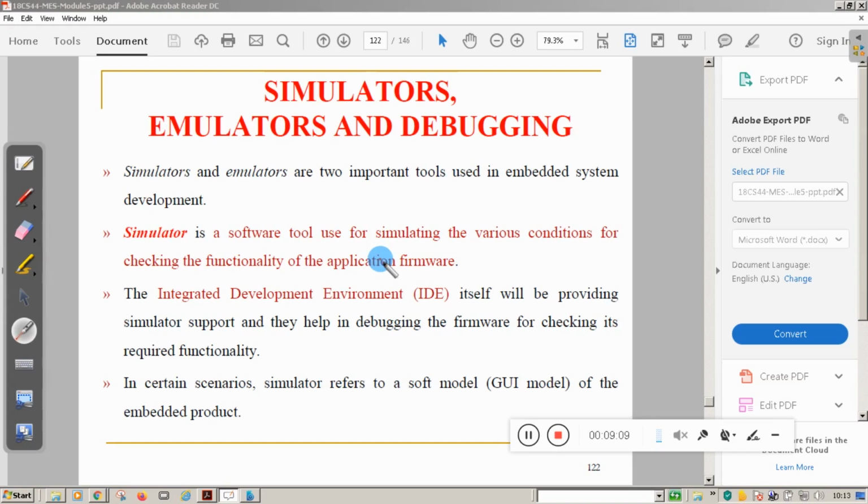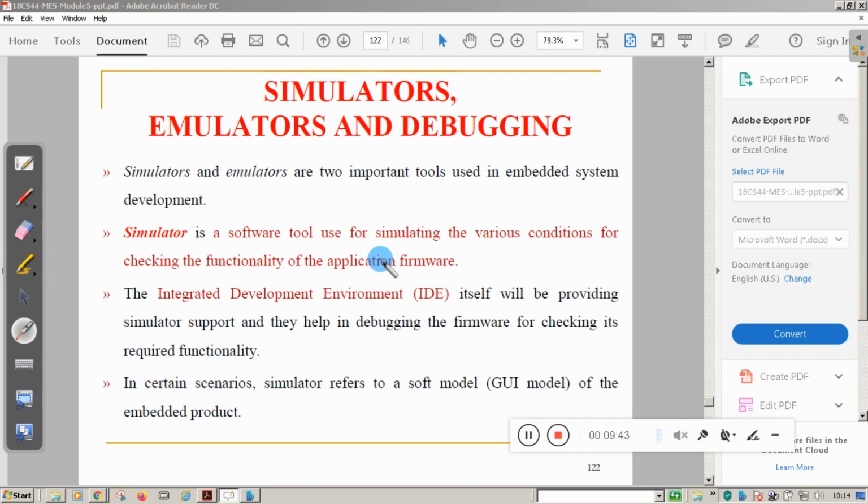You execute that program on an Intel machine that contains an Intel processor and the Windows operating system. There is no ARM processor, but you have software like Keil which acts like a simulator and shows, when you write a program, how the registers will work, how data is transferred from one register to another, and how the memory will work. All these are simulated in your machine.